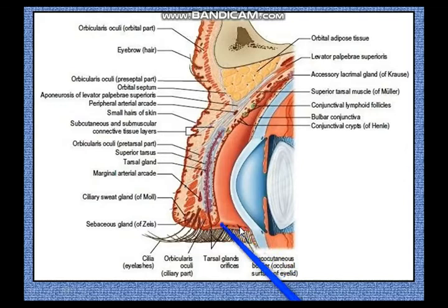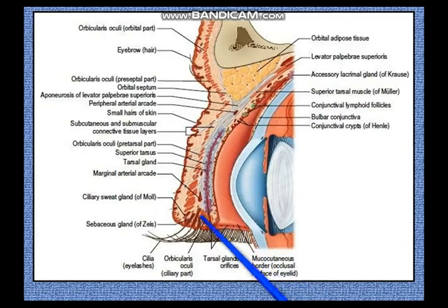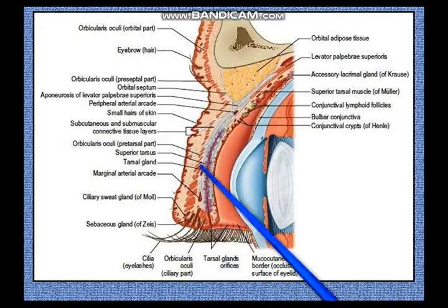plate gives rise to a small groove over here. You have a small groove here just behind the ciliary margin where the tarsal plate ends, and just behind the gland over here you have the mucocutaneous junction, and just in front of the mucocutaneous junction there is what we call a gray line, and this gray line is a plane of cleavage where you can pass your knife into the eyelid between the orbicularis oculi and the tarsal plate. It creates a plane of cleavage, this gray line. So all these things we will be seeing in a better diagram.